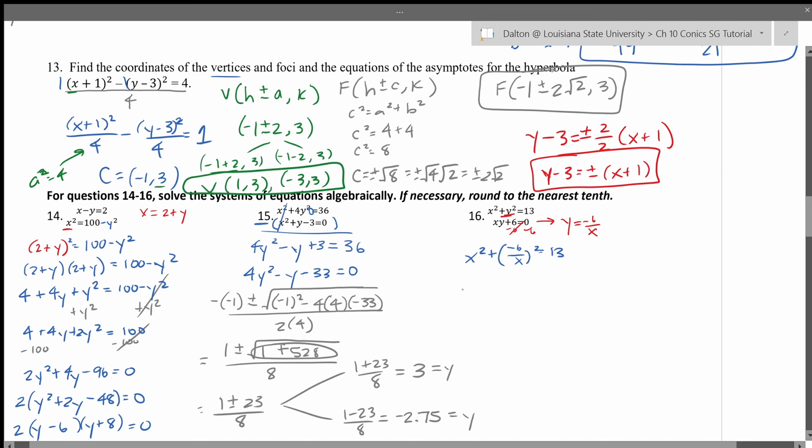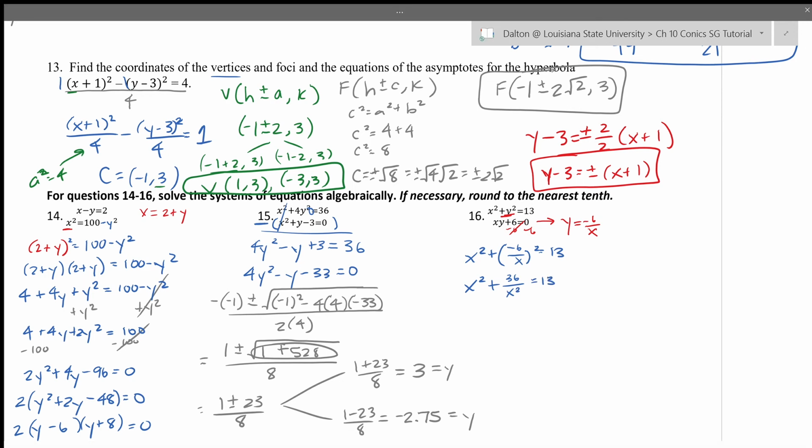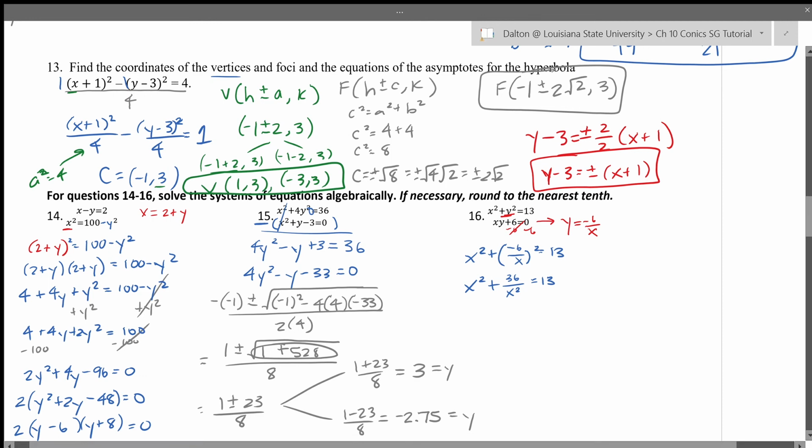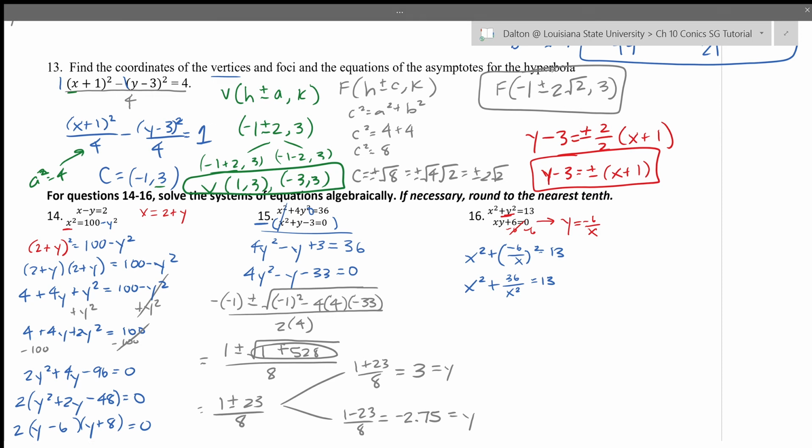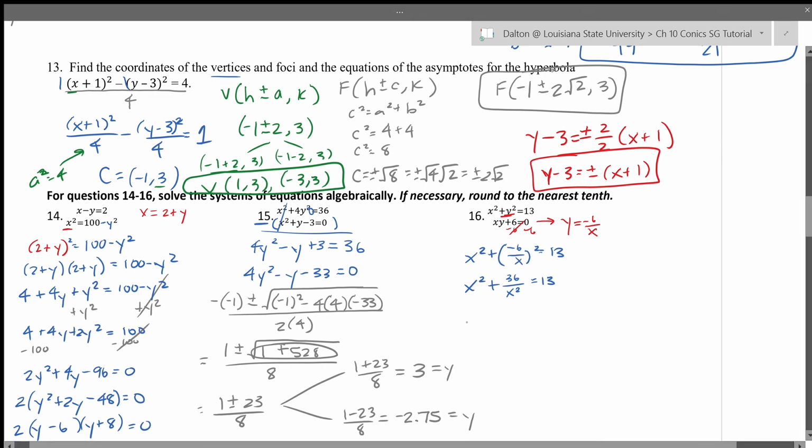Okay, then I get x squared plus negative 6 over x squared is going to end up being 36 over x squared equals 13. So this is that new concept that we discussed in class where, from here, there's nothing you could do. You can't factor this. Isolating x squared is doggone near impossible. So what we're going to do is something called u substitution. Okay, well, let me move that 13 first. If I move that 13, I get x squared plus 36 over x squared minus 13